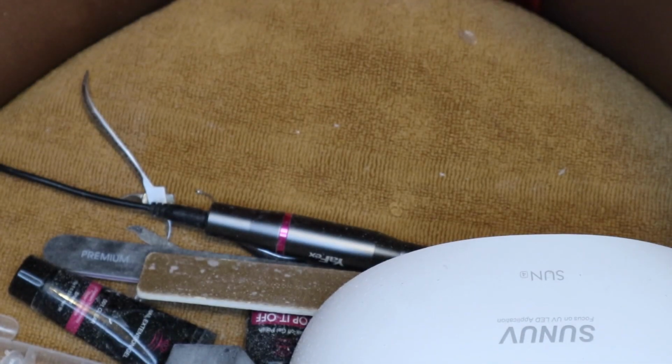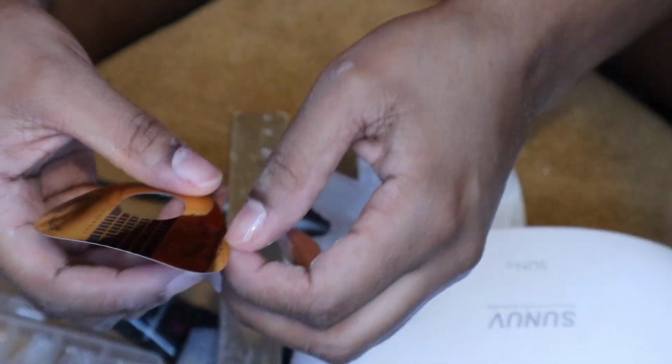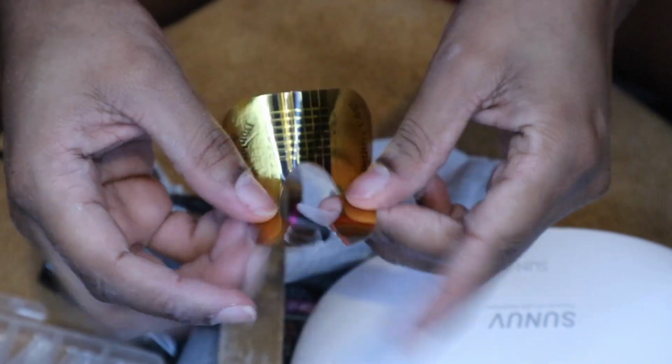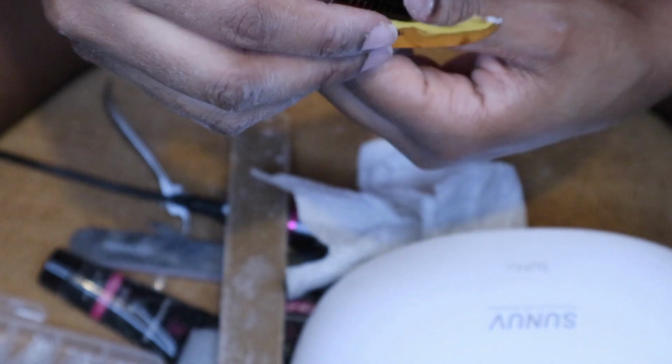So for my thumb, I'm going to show you guys how I use the nail forms. Like I said, I just got these off of Amazon, and you just want to split that part open. It has a little dotted line on it to show you where to split it. Just split it open, and you want to put it under your fingernail, like right under your fingernail, and it's sticky, so you could just stick